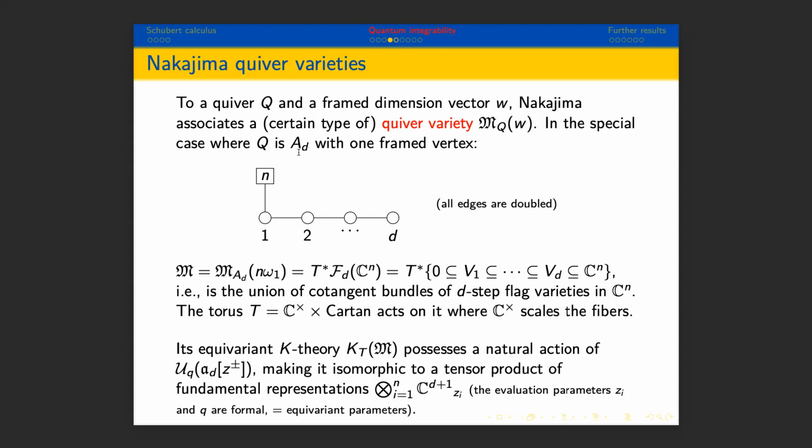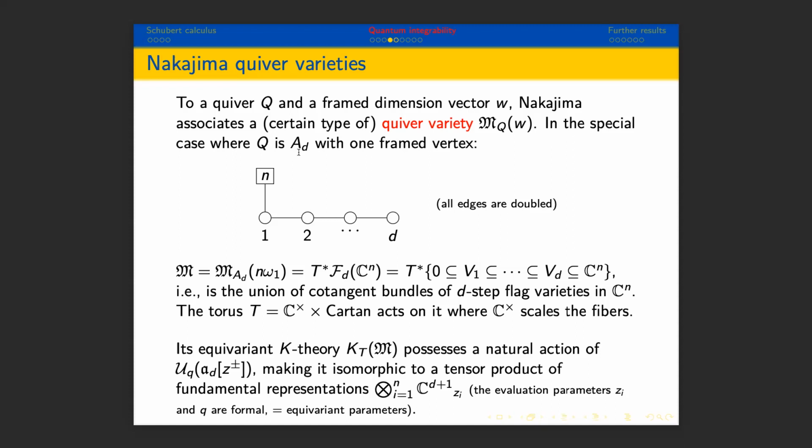So you have an A_D diagram, and you also have one extra vertex, which is a bit different than the others. This is the frame vertex, and this is the number W here. In this case, there's only one such number. It's n. So you have D vertices, and then you have one special box which has the number n in it. And the claim is that in this case, M,